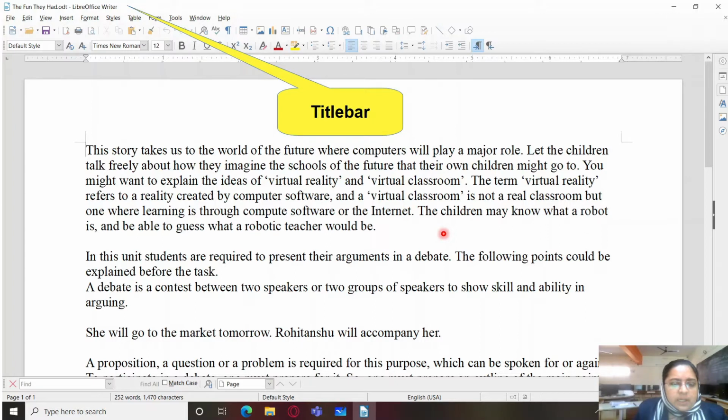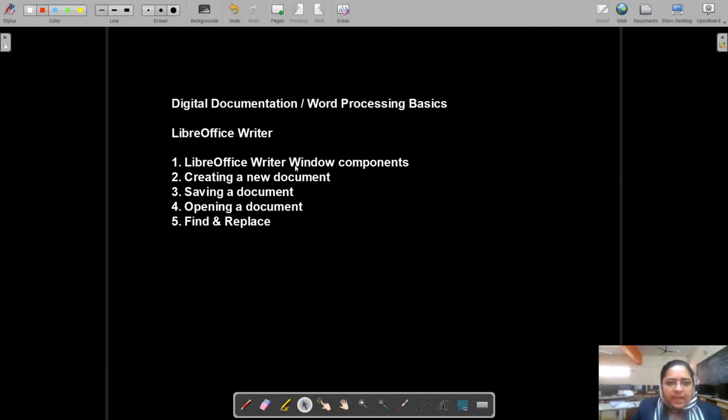Here, this is the title bar, where the name of the document along with its extension appears, and also the name of the application appears. So here it is the fun they had .odt, where .odt is the extension of the document, and usually it is open document text format. So please remember that